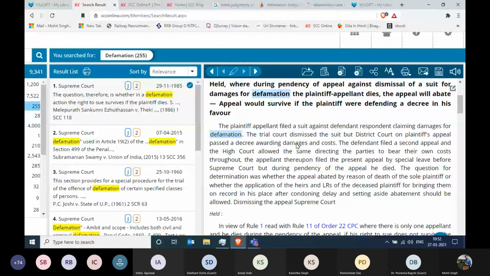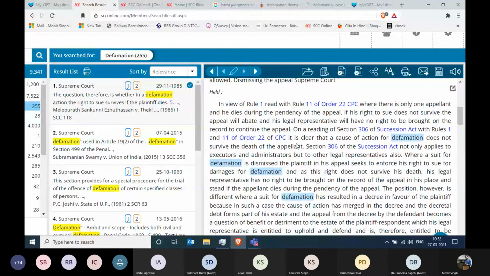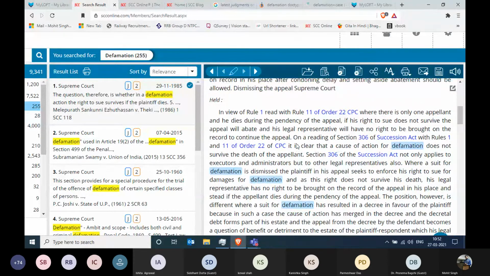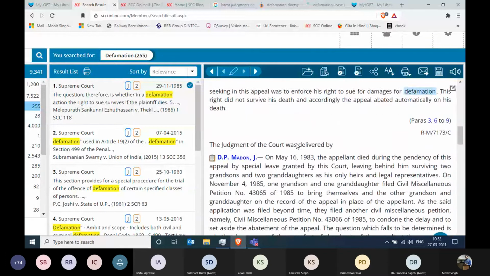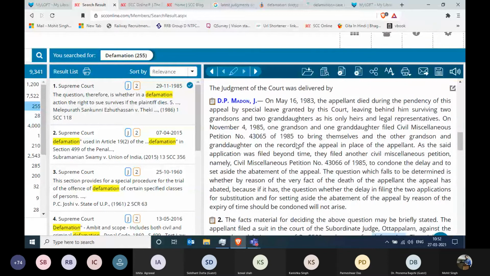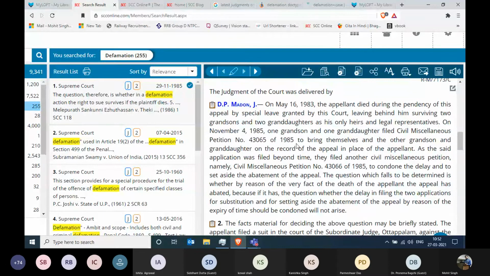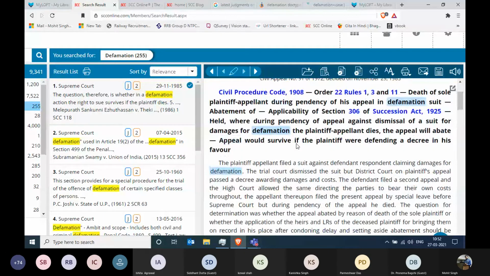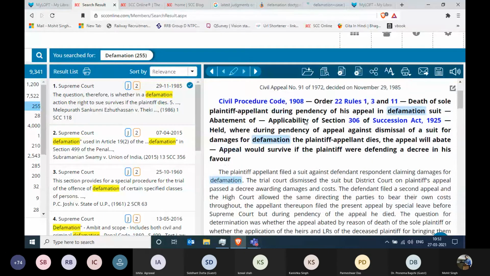So everything has been presented right over here so that you don't have to waste your time reading the whole judgment to get to know what's been talked about. But even though you wanted to see the judgments, you can scroll down and again, you can read the whole judgment. Second good part is whenever you are reading a head note, it gives you a brief idea of all the acts and all the sections which have been discussed in this particular judgment.